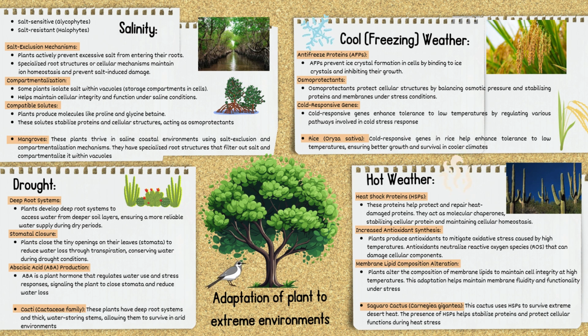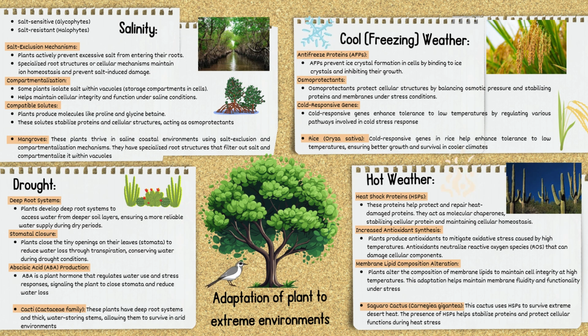For hot weather conditions, they have heat shock proteins to protect and repair heat-damaged proteins, acting as molecular chaperones. They also increase antioxidant synthesis to mitigate the oxidative stress caused by high temperatures by neutralizing reactive oxygen species, ROS. Membrane lipid composition alteration also helps to maintain cell integrity at high temperatures. As an example, the saguaro cactus uses HSPs to survive the extreme desert heat,